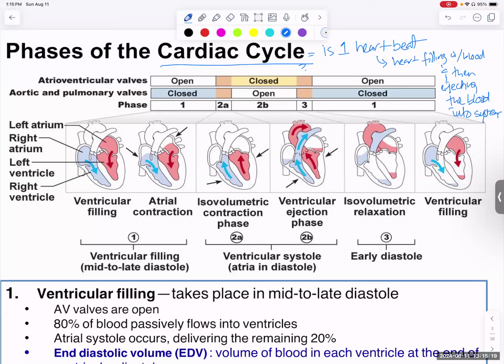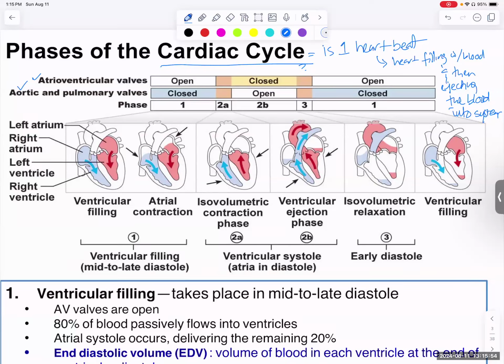What exactly is going on? So last lecture, we talked about the atrioventricular valves and the aortic and semilunar valves. Now we're going to add all this, and EKGs, together. We're going to talk about cardiac output and blood flow and what's going on. But first, phases of the cardiac cycle. And again, I have smaller lectures that go through this material in a slightly different way. So between all these lectures, hopefully it'll start clicking, but you have to go over it a lot because at first